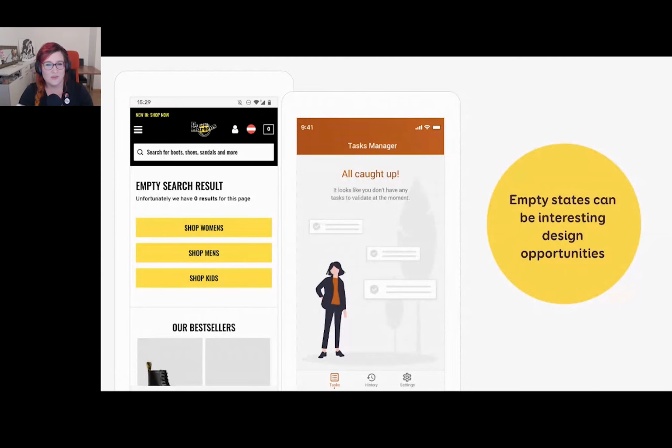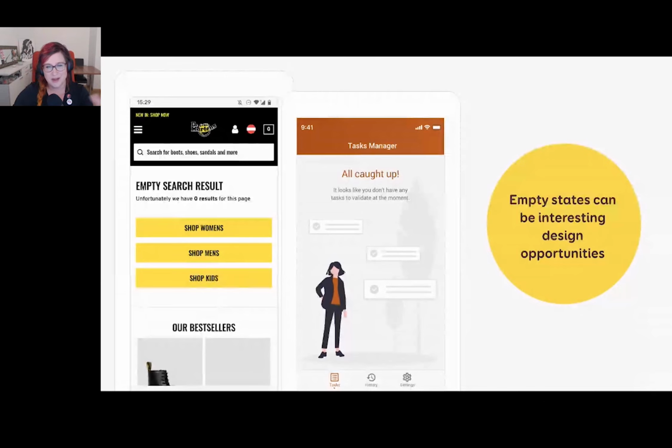Also, it can be a fun and nice way to do some personalization. This second example is a task manager app. If you don't have any task, it's actually a good thing because it means that you're done with your work today, something like that. So we try to give it a nice little touch. I work in a super corporate environment, so this is as fun as it gets. But still, if you think about those inbox zeros, some of those mailboxes have this like high five, you don't have any emails, things like that.